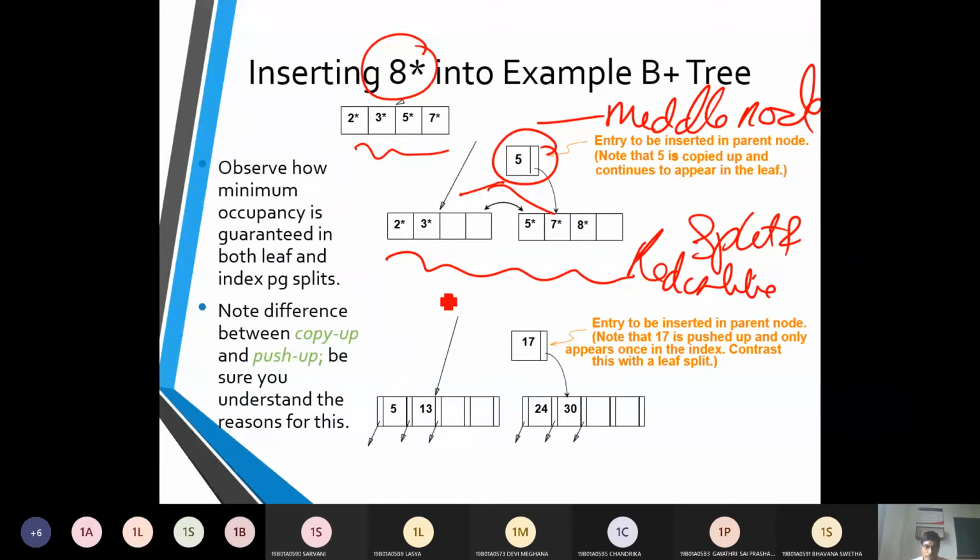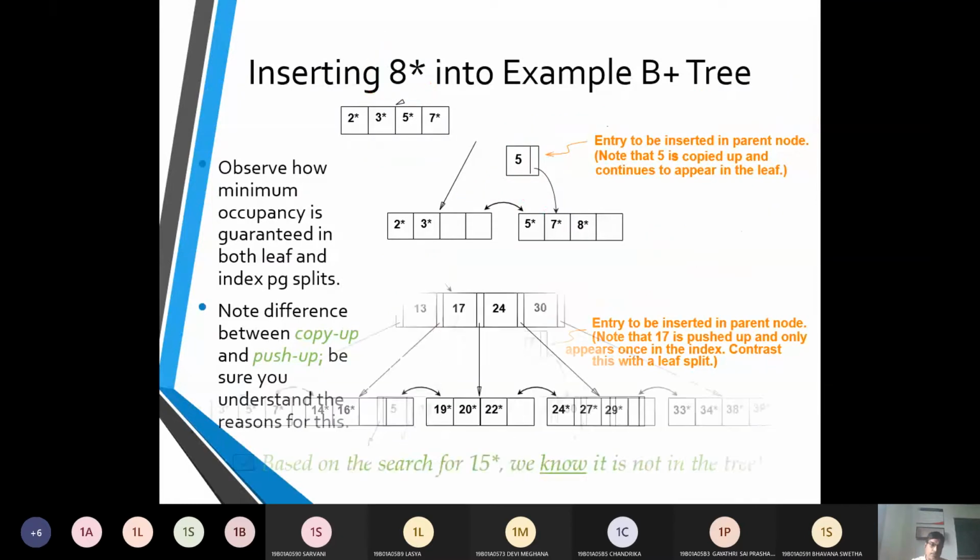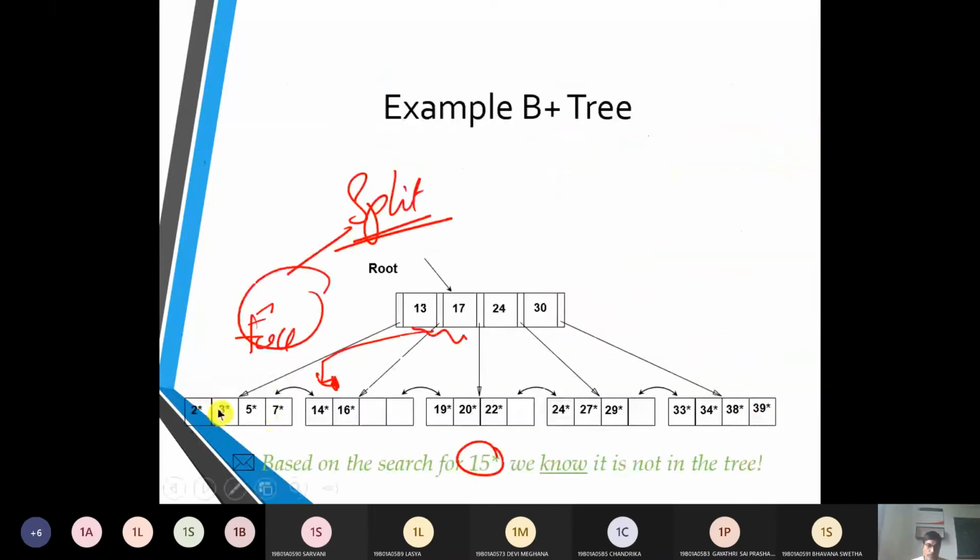Okay, then we need to balance the tree. So how are we doing it? Here 2, 3, 5, 7 is there. Now I need to put one more element, so I don't have any option other than split. Actually, you can see the depth is directly from the root node to the insert. There is no middle node. But at this point of time, there is no other case other than splitting.